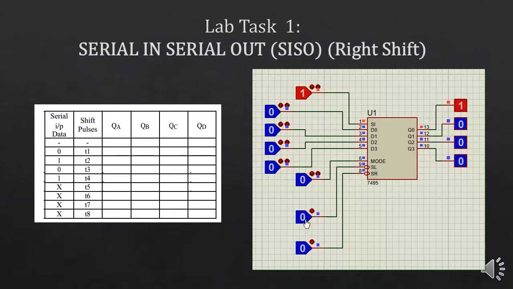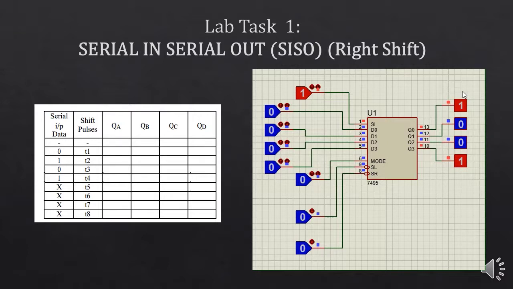When I press the toggle switch, here you can see the data is stored in the shift register. Next data bit is 0. So again, when I press the toggle switch, on second pulse the data is again shifted. Again, next bit of our data was 0. When I press the toggle switch, here you can see again data is shifted, and the last bit is 1. Again, when I press the toggle switch, here you can see this is our data.